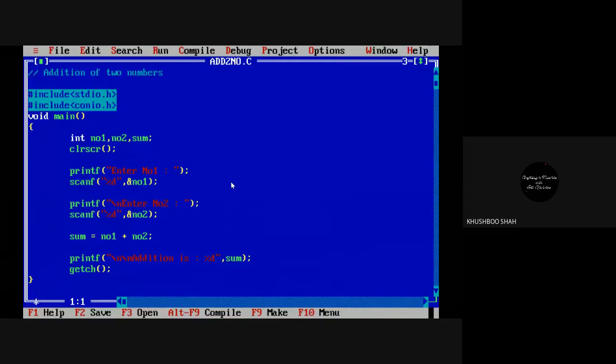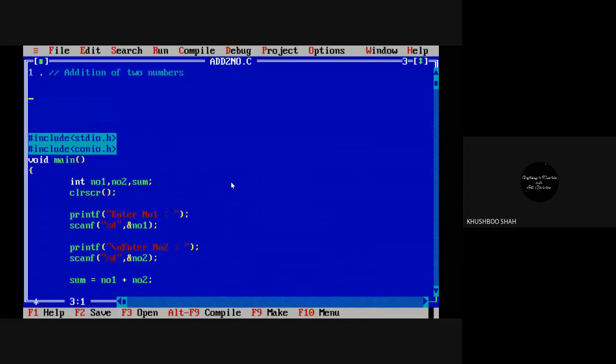The very first line, which you can see here, this one, right? This is the comment section. You can write down with me. This is the comment section.